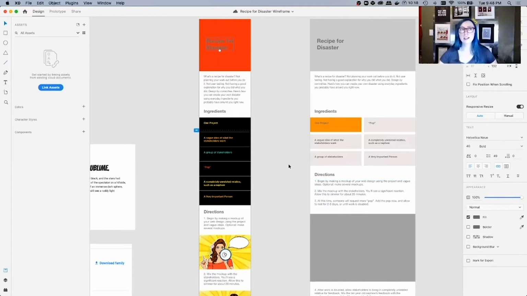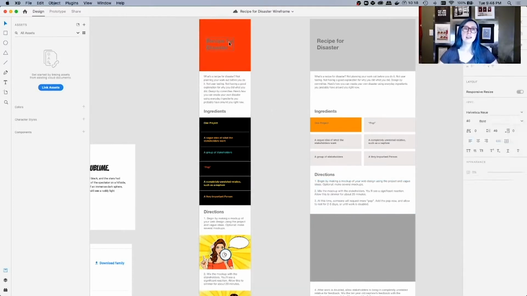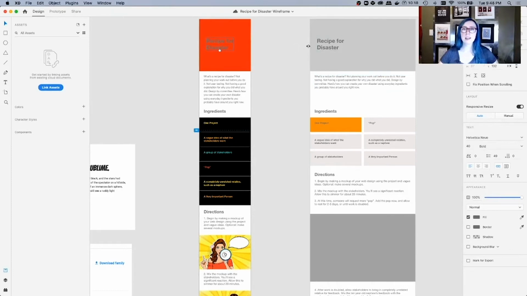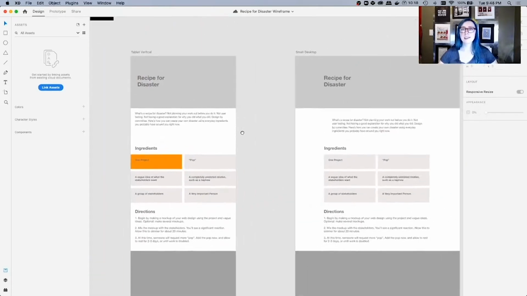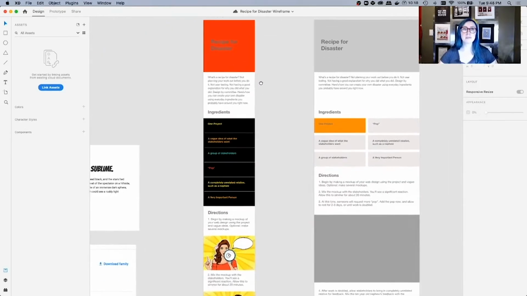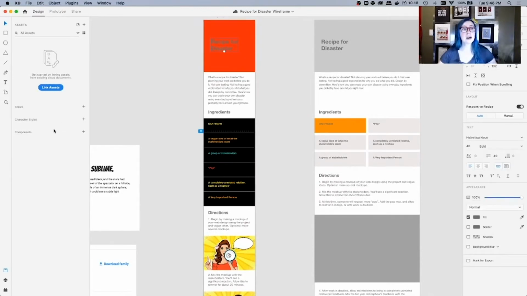So now that we're kind of thinking in that way, let's think about how we can make our titles consistent across each of our mockups here. One option that we have is called character styles. Character styles behave a lot like our H1 tags, H2 tags, paragraph tags in HTML. It's a certain set of styles that's meant to be applied consistently across multiple pages or devices.